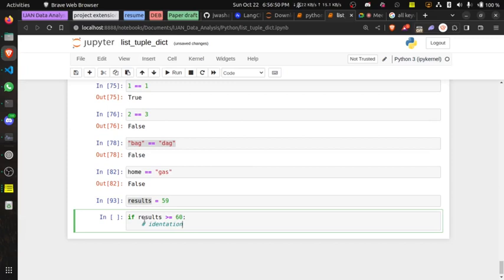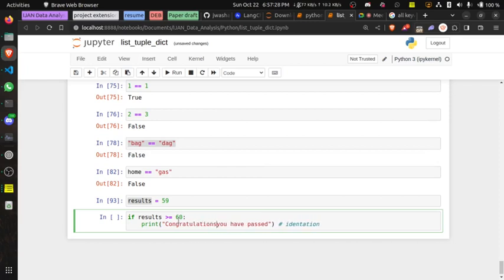So when you are dealing with something like this, we'll get to see there are other places where indentation applies. When you have something like this colon, what comes next has to be four spaces in the next line. So if result is greater than or equals to 60, what then happens? You can say print, you have passed. You can say congratulations, make it look good.